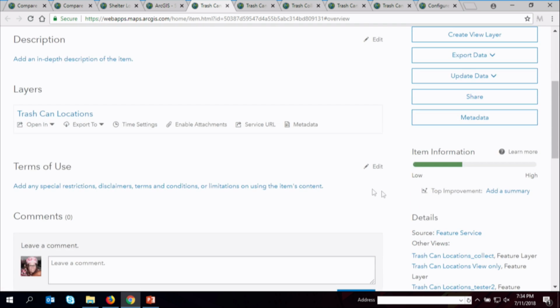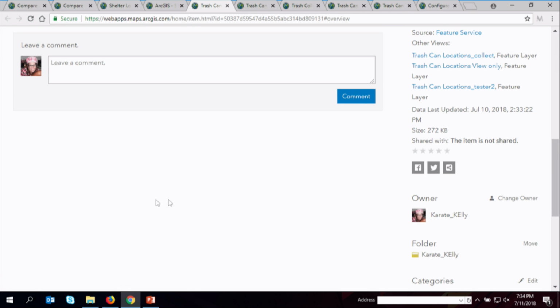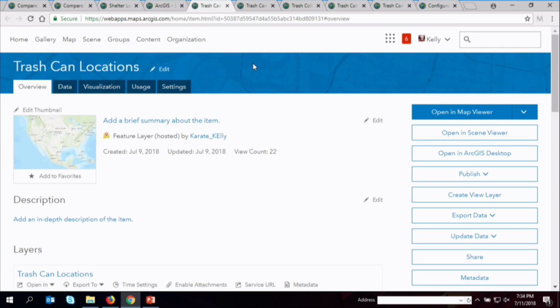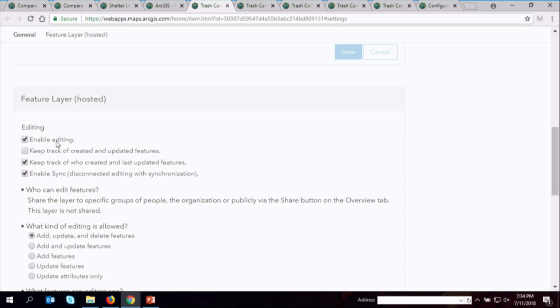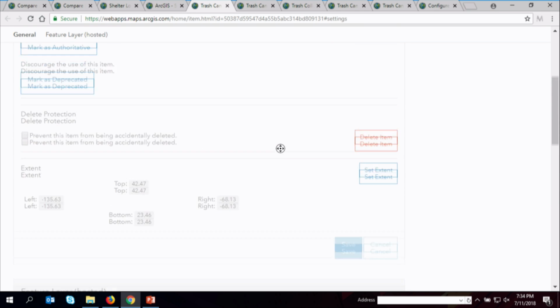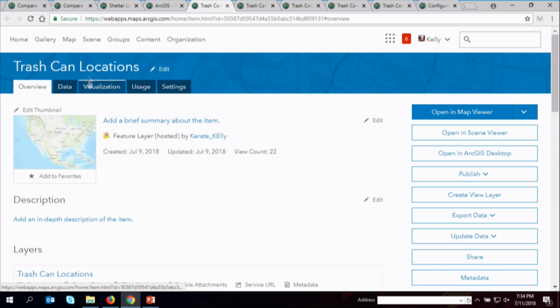This layer is currently not shared. So it is private to the owner, or private to the organization at least. But if we look at the settings, we can see that editing is enabled, and all different types of edits are allowed. So we're allowing the owner of this or our internal users to add, update, and delete features. So if we would open this in a map viewer and save it into a web map,